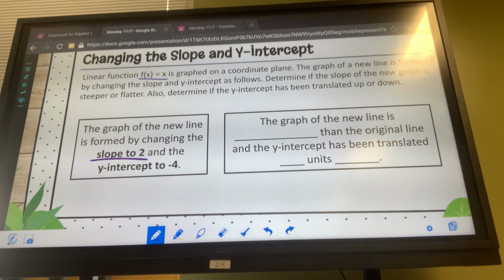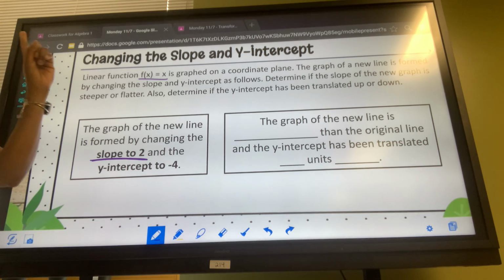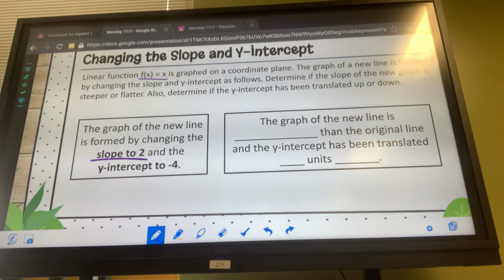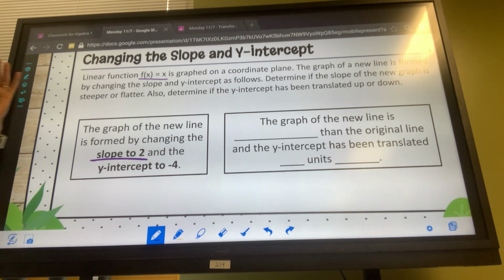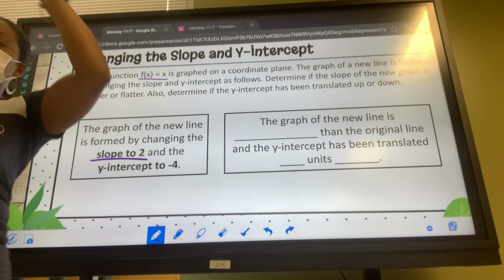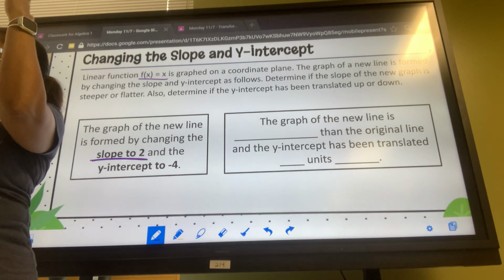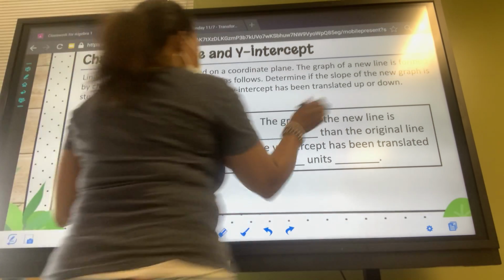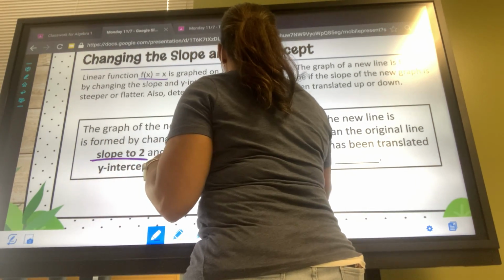My slope was 1. What was 0? The y-intercept was 0. Okay, but let's focus on the slope. The slope was 1. If the slope moved from 1 to 2, did it increase or decrease? So if it increases, what happens to it? Is it gonna lay down? Is it gonna go up? It's gonna go up, so it gets what? Steeper. So the new line is steeper